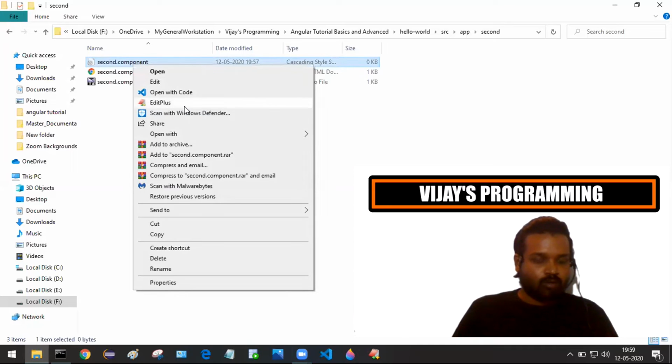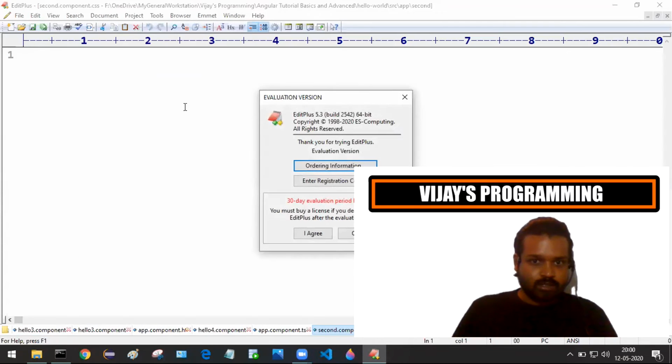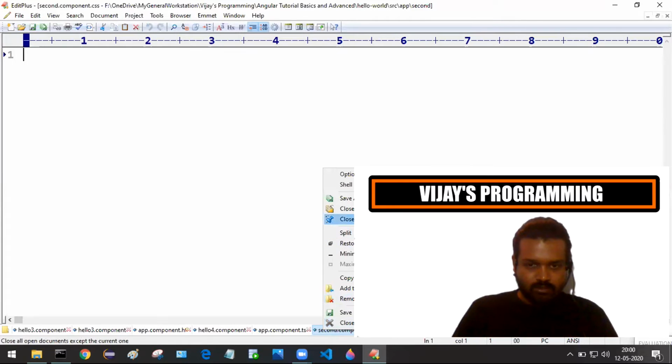Right click and open with any text editor. I'm just using a simple text editor as of now. For development, we will use Visual Studio Code. Let us find out the content available inside these files. There is no content available inside the second.component.css file, okay.